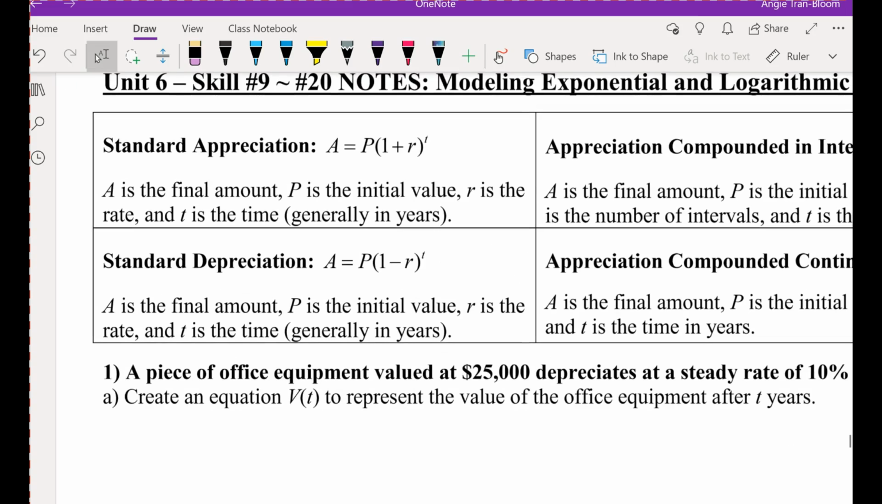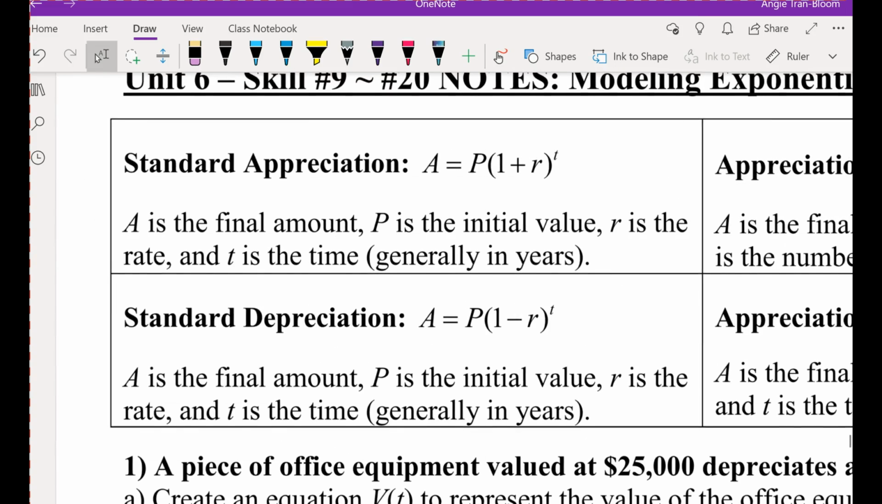So the first box where it said standard appreciation, you read me the entire box, please, Amina. Read the equation first. A equals P times 1 plus R to the T. Okay, now read the bottom. A is the final amount, P is the initial value, R is the rate, and T is the time,